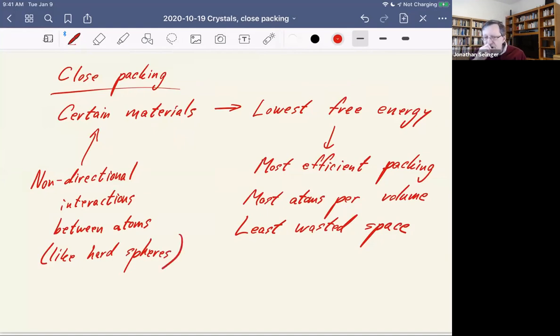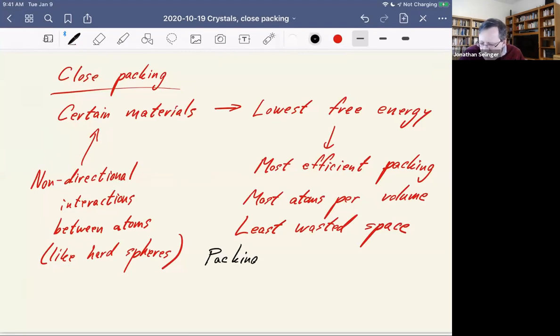If the atoms are basically like hard spheres and they just tend to pack together, you want to get as many into a volume as you can. Right? And so in that case, there is a nice geometric argument to figure out what kind of lattice provides the most efficient packing with the least wasted space. Right? And we can figure that out based on a mathematical